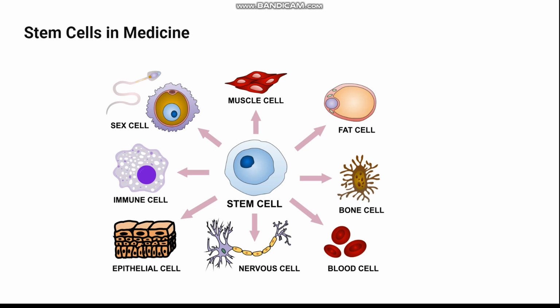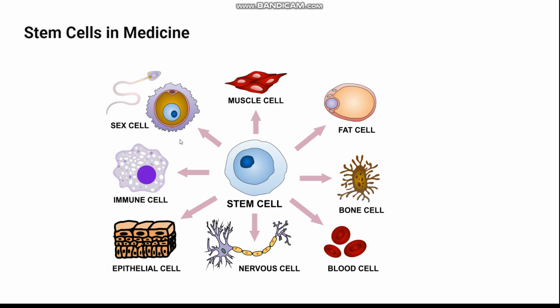So let's talk about stem cells in medicine, right? Stem cells are really just cells that can differentiate and become different cells, right? So here you see a stem cell which can differentiate to become a muscle cell, fat cell, bone cell, blood cell, nervous cell, epithelial cell, immune cell, sex cell. And if you have a stem cell which can differentiate to all 200 somatic cells in the body and other,